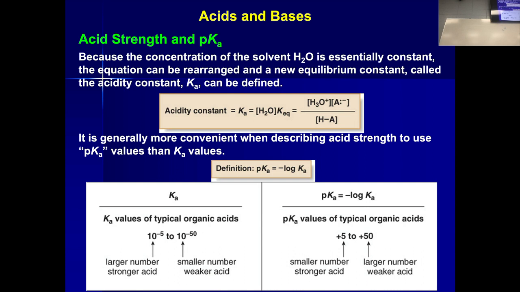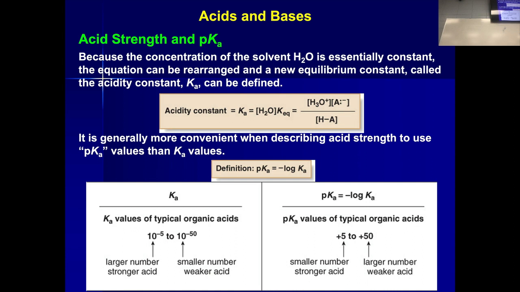If I have a strong acid, that means this is going to completely dissociate, right? And it's going to completely form this. So these numbers are going to be big, and this number is going to be tiny, right? When I have something big times something big divided by something that's tiny, what do I have? If I take 1,000,000 and divide it by 0.01, is that going to be a big number or a small number? It's going to be a very big number, right? So when values for Ka are large, we have